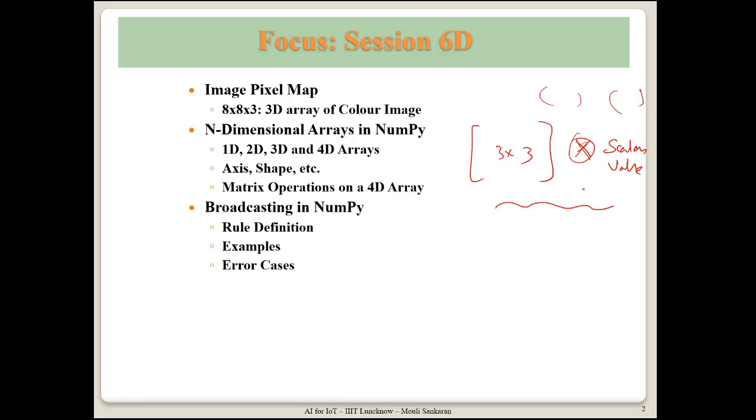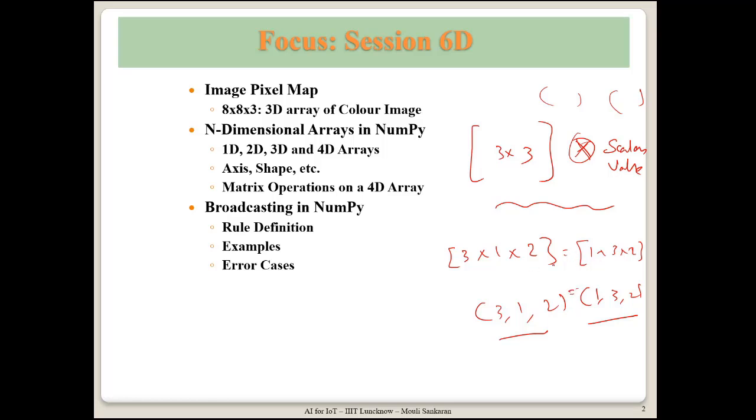When I say not exactly the same, it means that 3 by 1 by 2 is not the same as 1 by 3 by 2. Okay, though the number of elements is the same, they are not the same in terms of shape exactly, because 3 comma 1 comma 2 is not the same as 1 comma 3 comma 2. All the values should be the same way. It should be the same, if you want to call it the same,